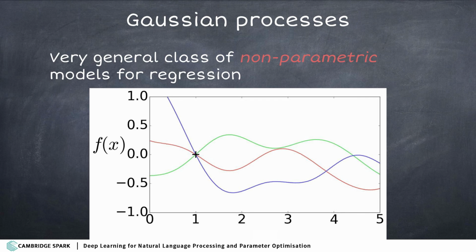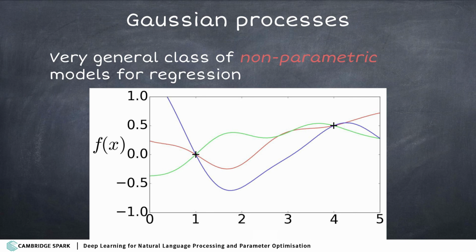An important point about Gaussian processes, which I emphasized at the top here, is that they're non-parametric. The idea is, as I keep giving more and more data to my Gaussian process, it's going to remember all of the data. This is kind of like nearest neighbor. In nearest neighbor, you remember your entire data set, and when you have a new input, you compare it to every element. But this is not like neural networks. In neural networks, if you have too much data, you're kind of going to forget about it eventually.